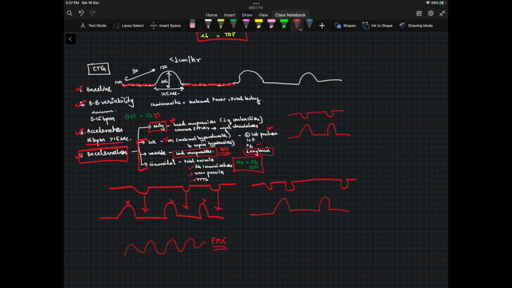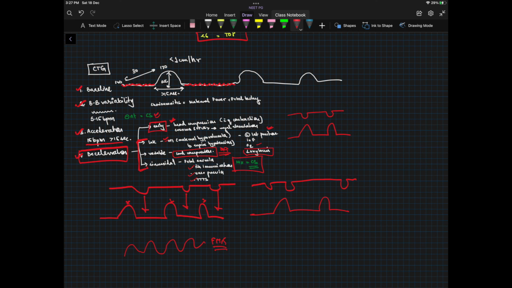They are of the following types: early decelerations, right? Suppose this is the contraction. If the decelerations are matching with the contraction, or at the same time as when the contraction occurs, then they are called early decelerations, and it is usually due to the head compression due to the Cushing reflex. It is not very harmful. What is to be seriously taken are the late decelerations. So if this is the contraction of the uterus, this will be the deceleration after every contraction, right? Here, here, here. And variable decelerations, they do not follow the pattern of contraction, they can come anytime, right?